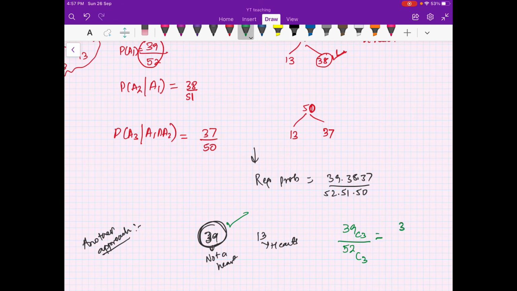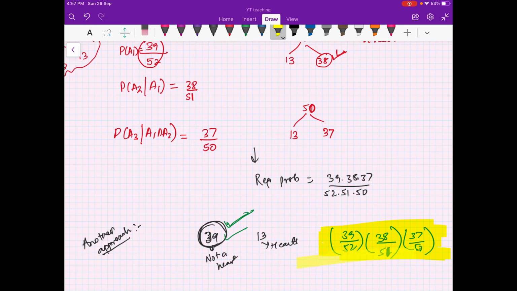So this is equal to (39 × 38 × 37) divided by (3 × 2 × 1) divided by 52C3. And also, because we are taking one at a time, you can write it like this: for the first time we take 39 divided by 52, and the second time we are left with 38 cards here, so divided by 51, and for the third time we are left with 37 divided by 50. So you don't have to make the tree and everything, that is not required. However, in this approach also, if you look deeply, we are doing the same thing, but this is much simpler to think. Okay, so you'll get the same answer, right?